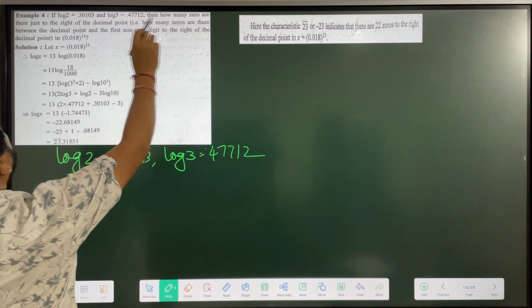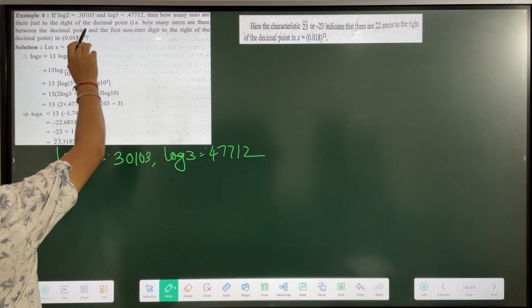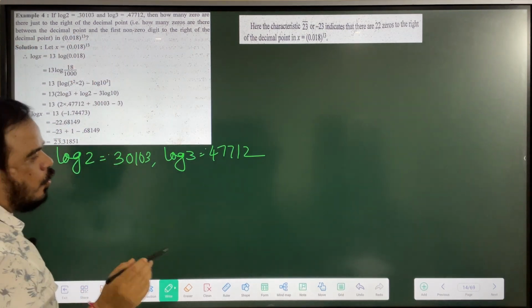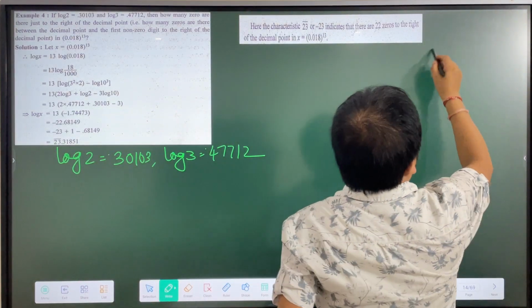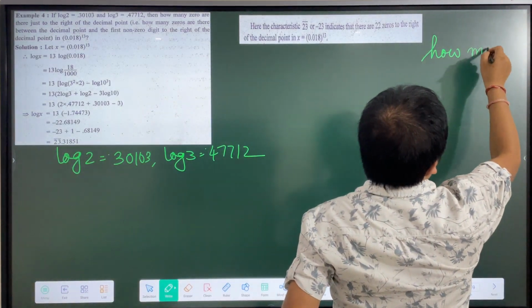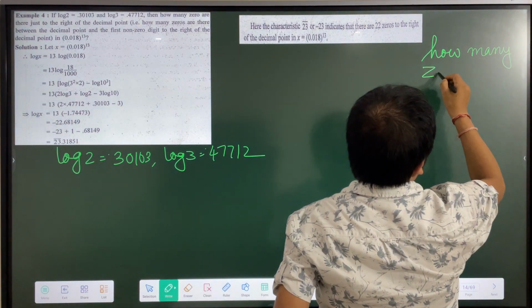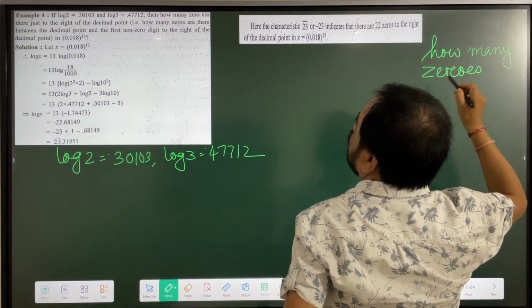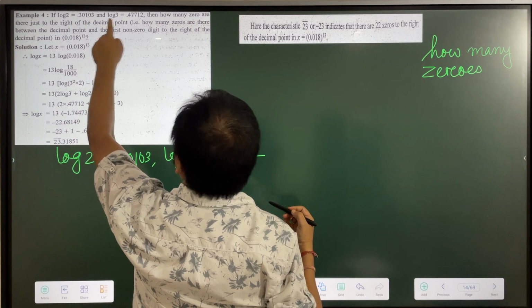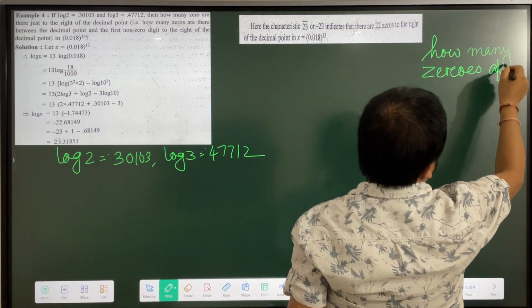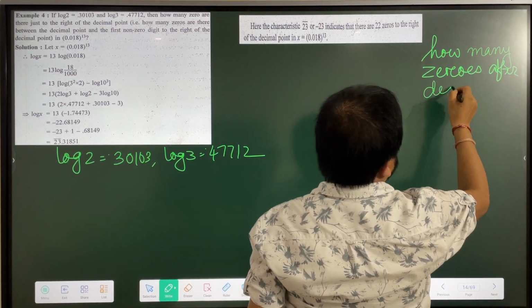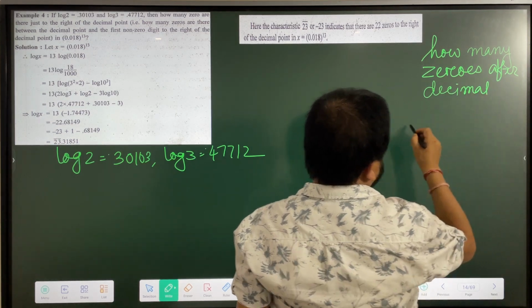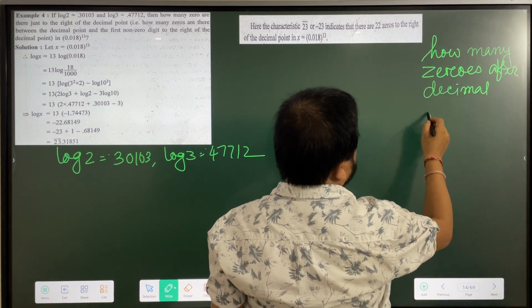Then how many zeros are there just to the right of the decimal point? Look here. What is the question? How many zeros to the right of the decimal? Means after the decimal. So I will show you one example. Suppose 3 bar